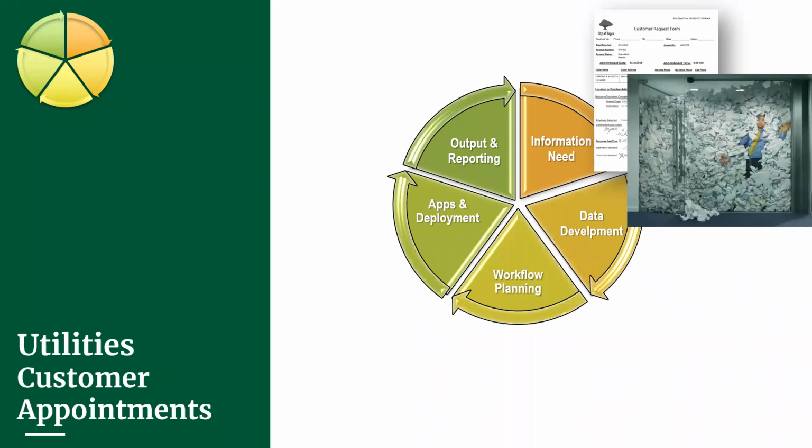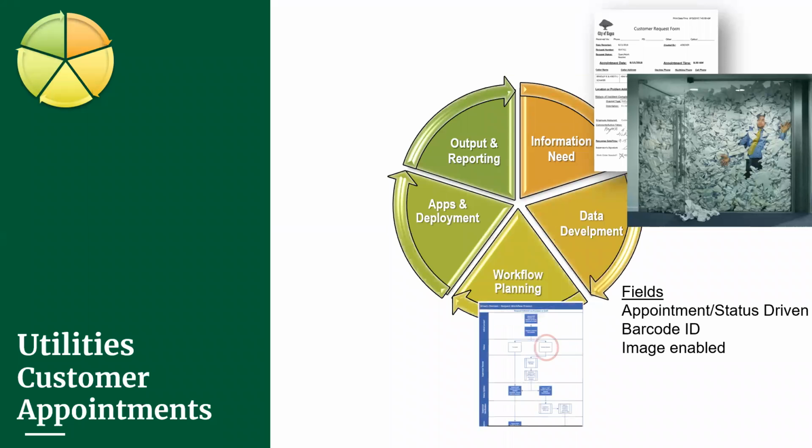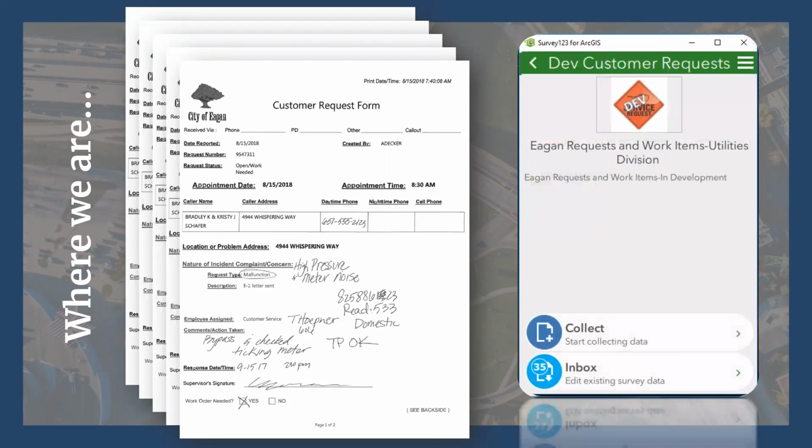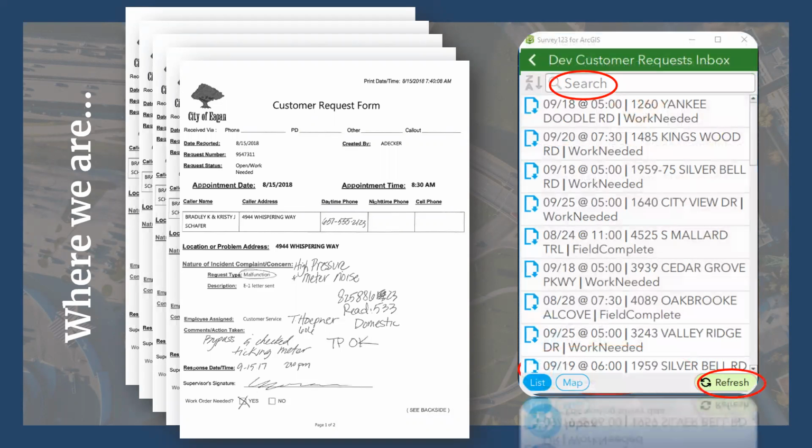We knew we needed to think about the data that would drive the workflow. So it was important for us to identify the appropriate fields that would correspond with specific steps within the workflow. And Survey123 has given users an easy to access application. They're able to refresh and be confident that they have the most up-to-date information. They're able to filter by date or street or sort if they need to, which has been helpful in helping them organize their day in order of scheduled appointments.